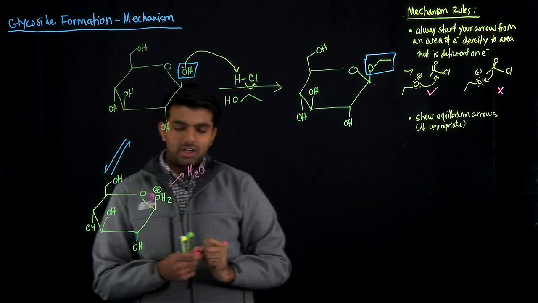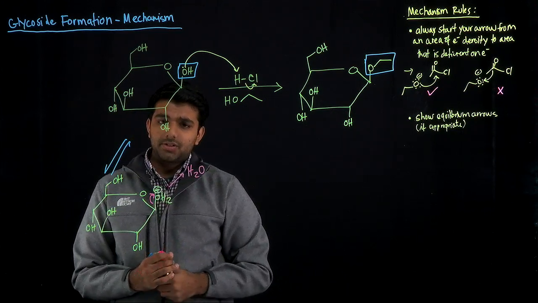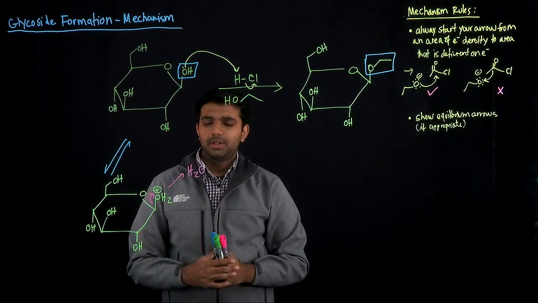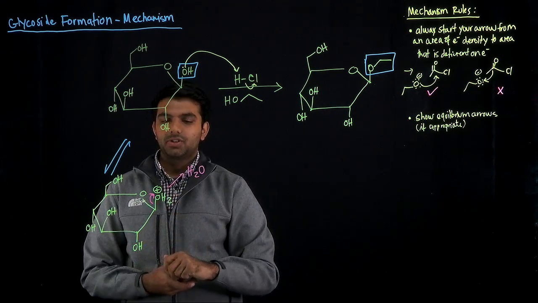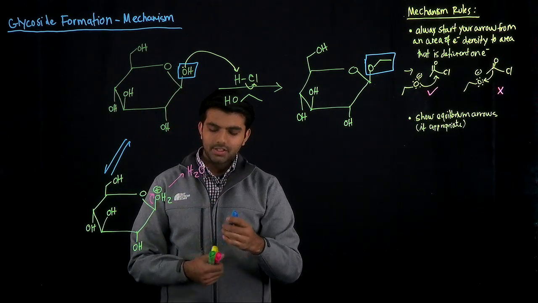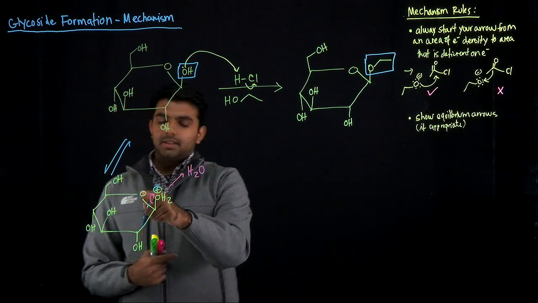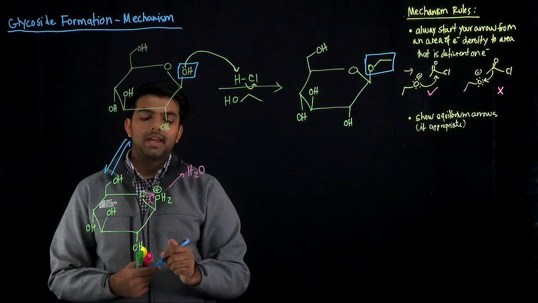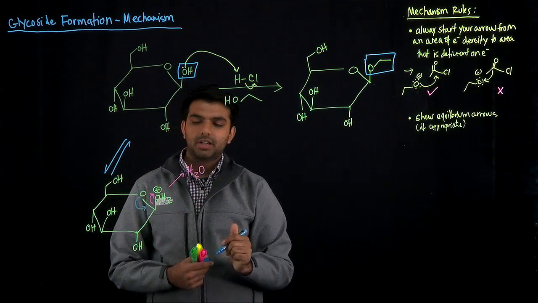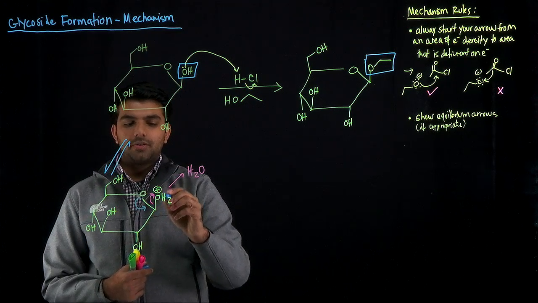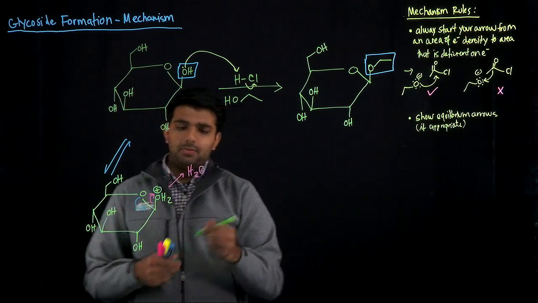Now that carbon is just not going to let OH2 come off, because it would leave a positive charge on that carbon. And so the result would be that we need to somehow replace a bond with that carbon that would force OH2+ to come off as H2O. And so what's going to force the OH2+ to come off is the oxygen that is adjacent to the anomeric carbon. It's going to drop its electron density down, forming a double bond. And that's going to push off the OH2+, coming off as water. And so we end up with an intermediate